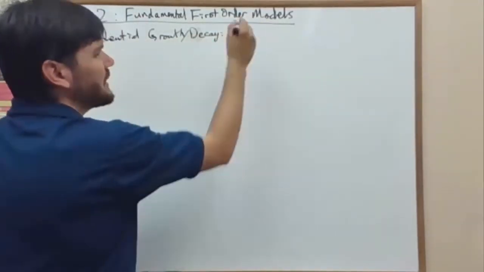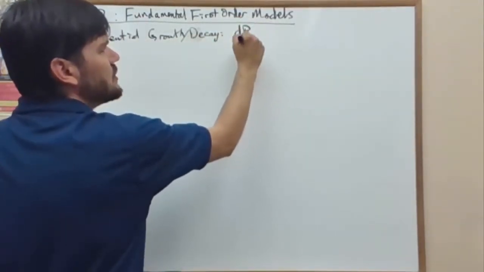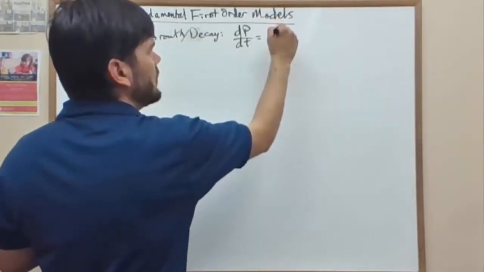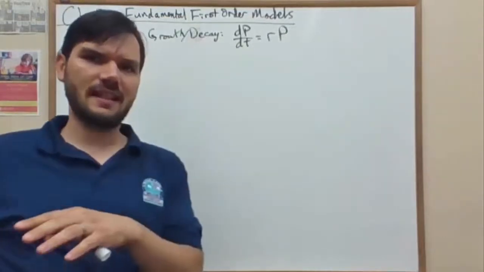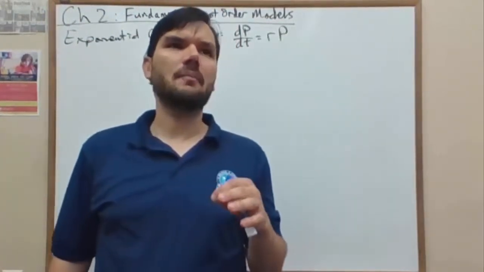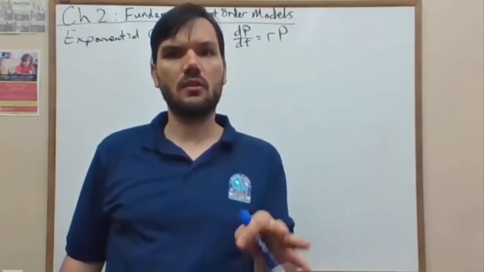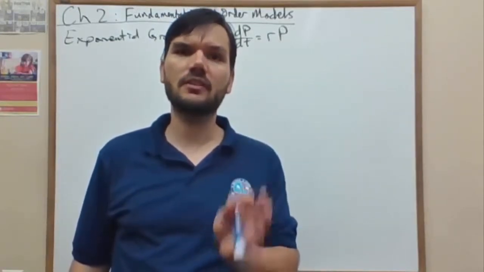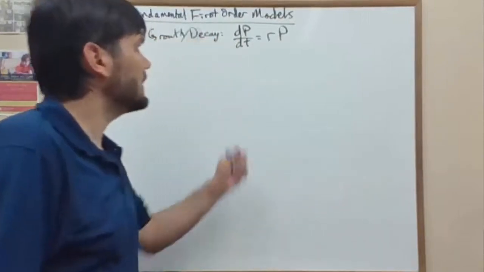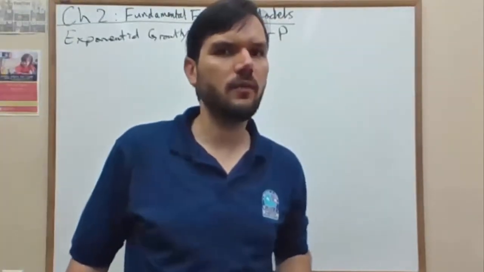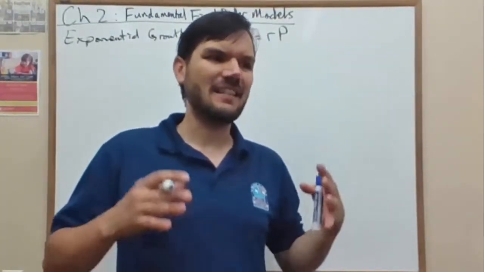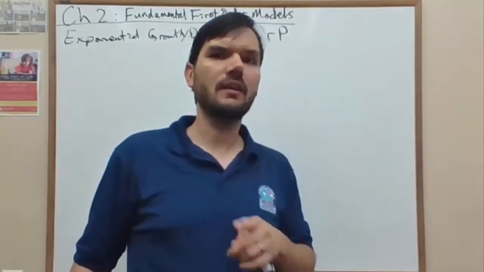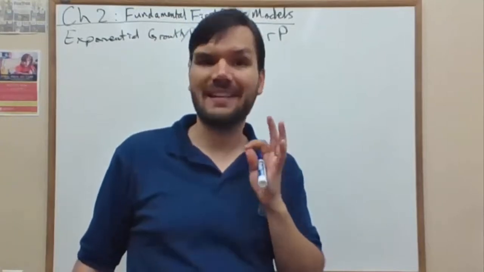We think of this as a population, then we relate the change in that population to some multiple of the population, which says that if the population is small, it grows slowly. If the population is large, it grows faster. And the larger the population, the faster it grows. This kind of model works well for a population that is uninhibited. There is nothing restraining its growth. You can think of this related to things like bacteria